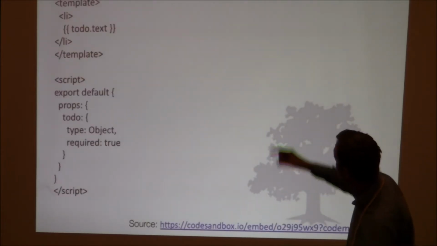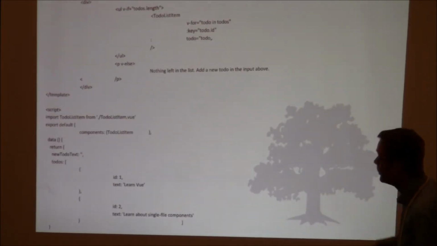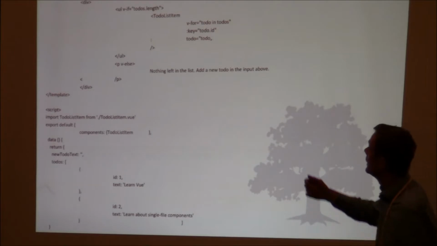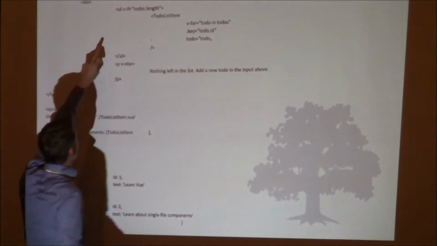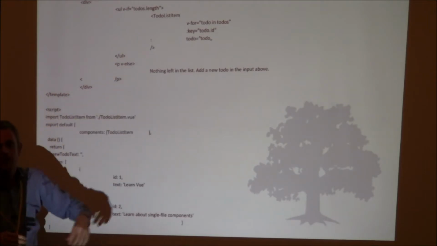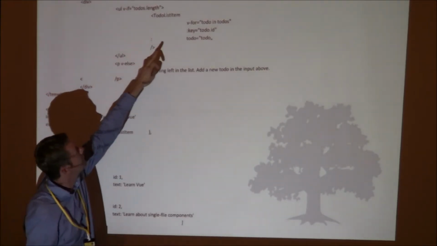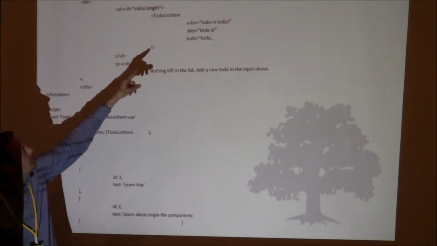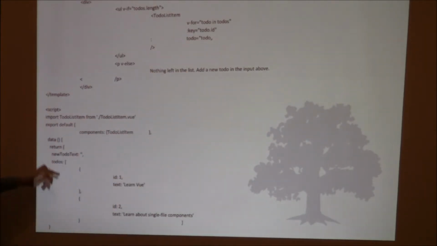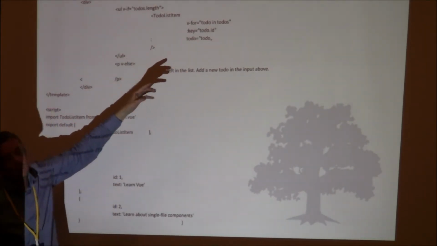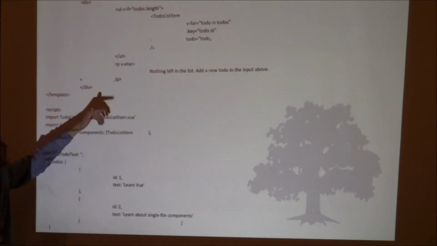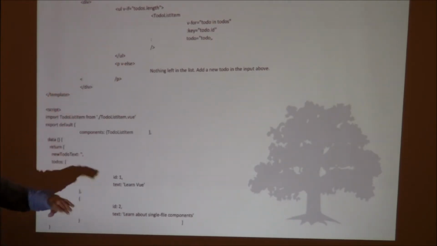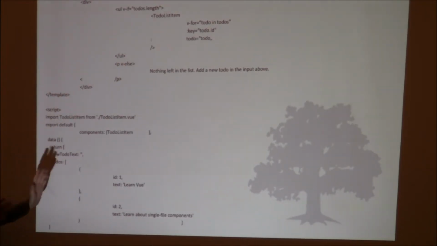So within, we have done the to-do list item, and now we have a to-do list. So one list showing different items. And this is what I meant before. I say v-if to-dos length, so if we have to-dos, then to-do list item, v-for, so we have the list item we created before, v-for to-do in to-dos, so we have an array of to-dos here. Key, just to make it unique, we have to add a key, and we give the to-do to the other component, and then all the client side is rendered automatically.